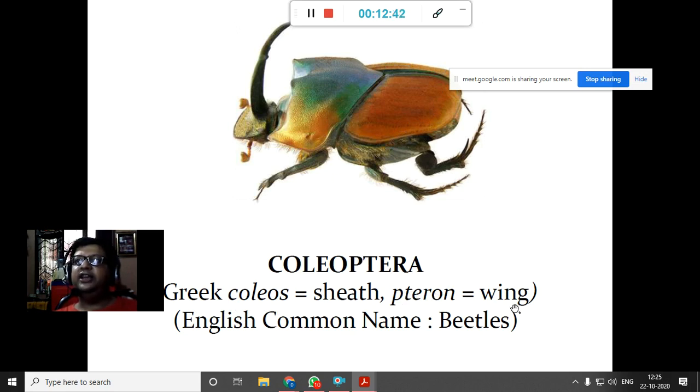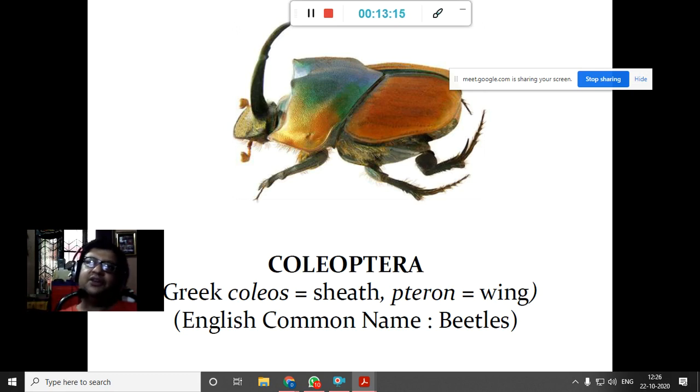And pteron is a wing. So basically wing is the most important criteria for classifying insects. In the viva, if anybody asks what is the most important criteria for classifying insects, the answer is the wing. And of course, on the basis of classification I mentioned mouth parts, the type of feeding habits, etc. There is also economic importance. You can divide insects according to these, but the most important is the wing.